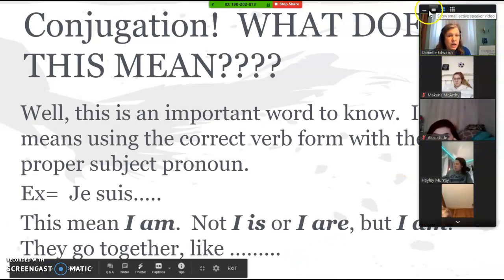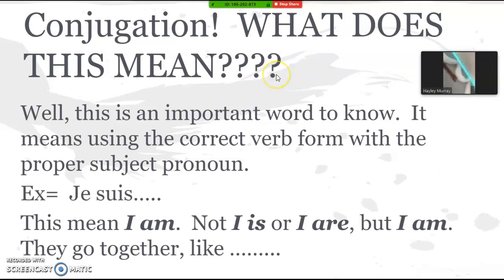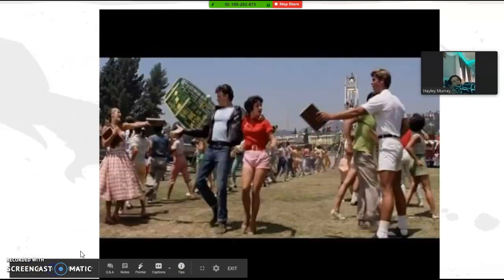The first word we're going to talk about is something called conjugation. What does it mean? Okay? So, conjugation is a big word, but it's also an important word to know. It means using the correct verb form with the proper subject pronoun. For example, je suis. This means I am. Not I is or I are, but I am. And they go together like